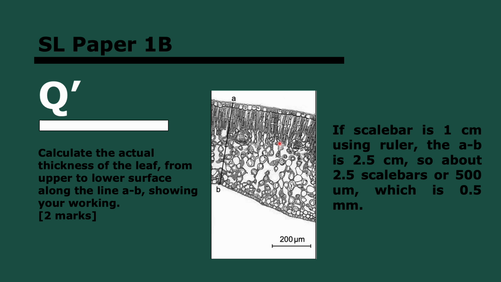But just to make up a scenario. If I measure the scale bar with my ruler and it's 1 centimeter, and I measure AB and that's 2.5 centimeters, this measures about 2.5 scale bars, which is 2.5 times 200 or 500 micrometers, and that's 0.5 millimeters. So that's how you work it out. You measure this with a ruler, you measure this with a ruler, and then you divide. Okay,